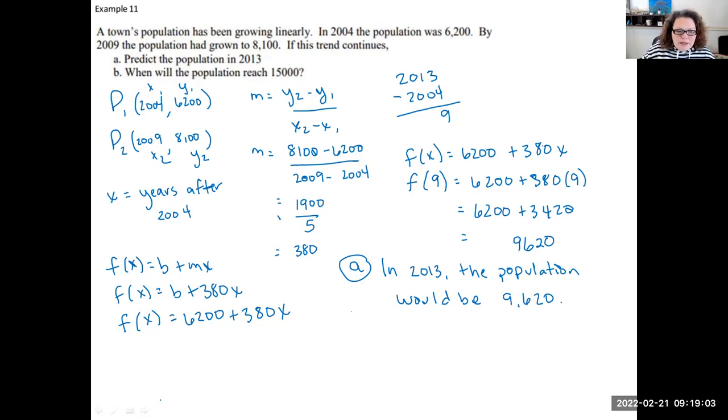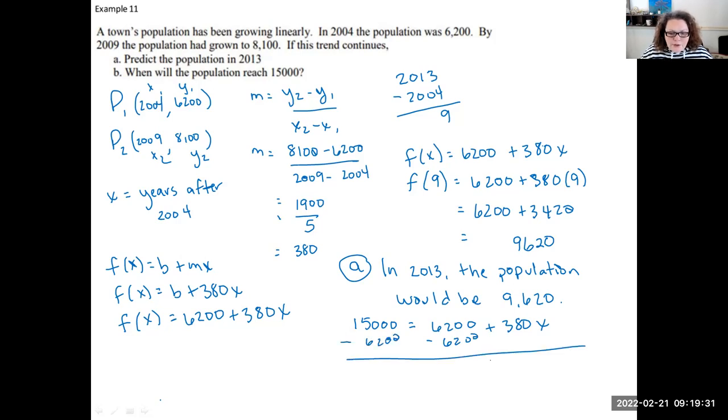So in this case for B, they're saying, when will their population reach 15,000? So I'm going to say that that's where the function of X is. So 15,000 is equal to 6,200 plus 380X, and we're going to solve for X. So I'm going to subtract 6,200 from both sides. And I get 380X